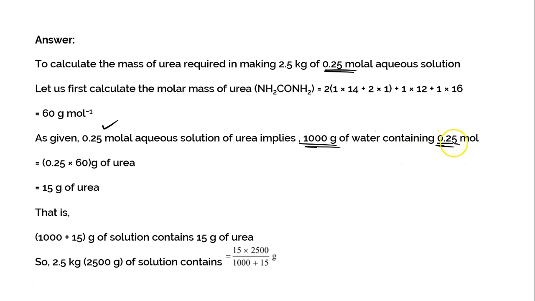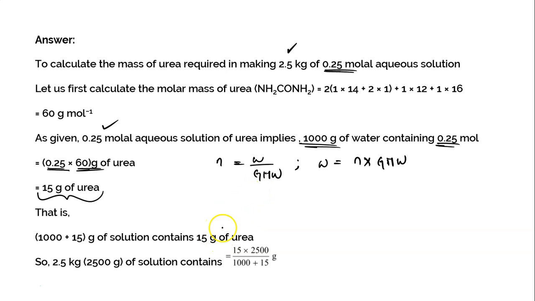And now if it is 0.25 moles of urea, we can calculate the mass of urea from there. How can we calculate? We know that moles is equal to weight by gram molecular weight. And if you want to calculate weight, it has to be number of moles into gram molecular weight. So number of moles is 0.25, gram molecular weight is 60. So 15 grams of urea. If it is 1000 grams of water, then this 1000 grams of water must consist of 15 grams of urea, right? But the point is, it's not 1000 grams of water. In the question, they said that it is 2.5 kg of solution in total, correct? So 15 grams of urea and 1000 grams of water can be only 1015 grams of solution.